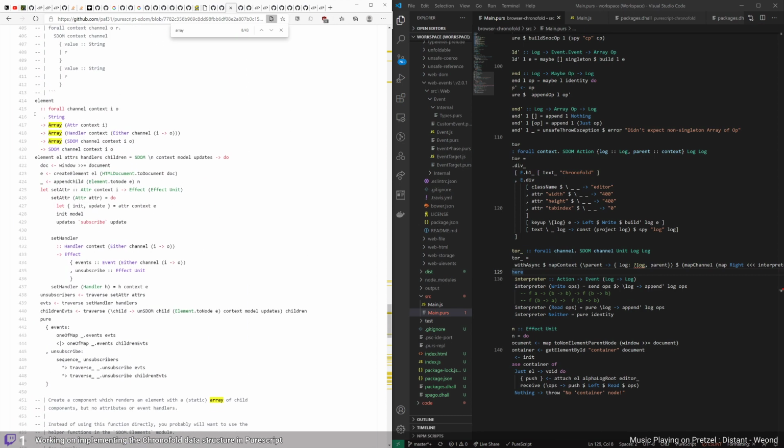Right, and so an element takes arrays and returns something that